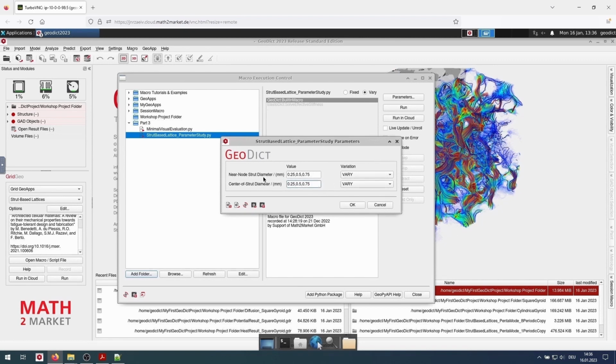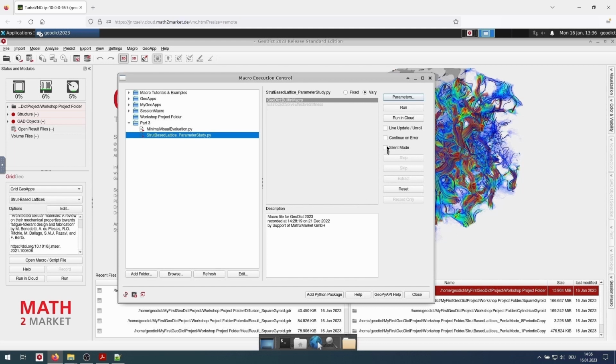This means the parameter study will be conducted for the near node strut diameter and the center of strut diameter with 3 different values. 3 times 3 makes 9 total simulations. As I said, a very small parameter study. We click OK. We select the silent mode and we click Run.